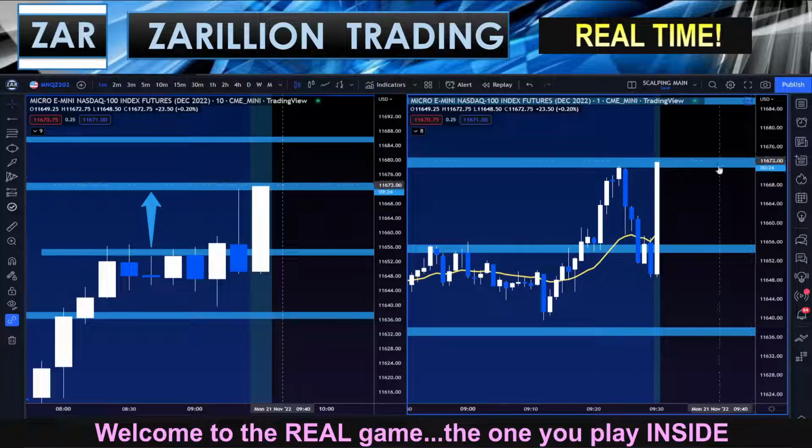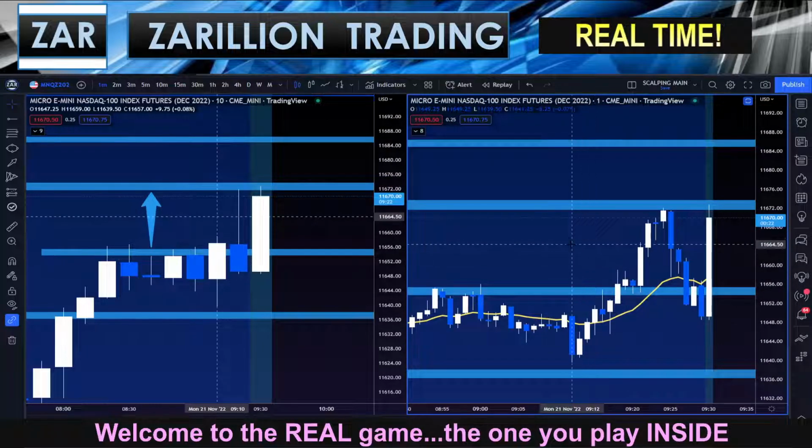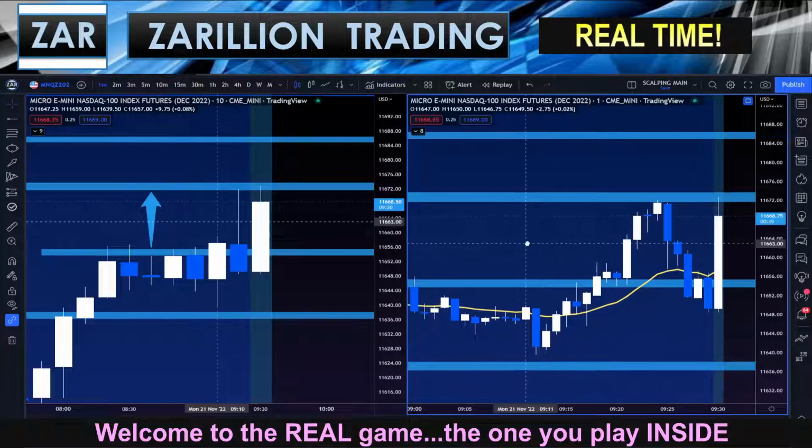It's simple support and resistance, but knowing how to draw it properly is very important. But then knowing how to draw support and resistance is one thing, and it only takes a few minutes to learn how to do it. But extracting profits from that information and from those zones is a whole different ballgame,